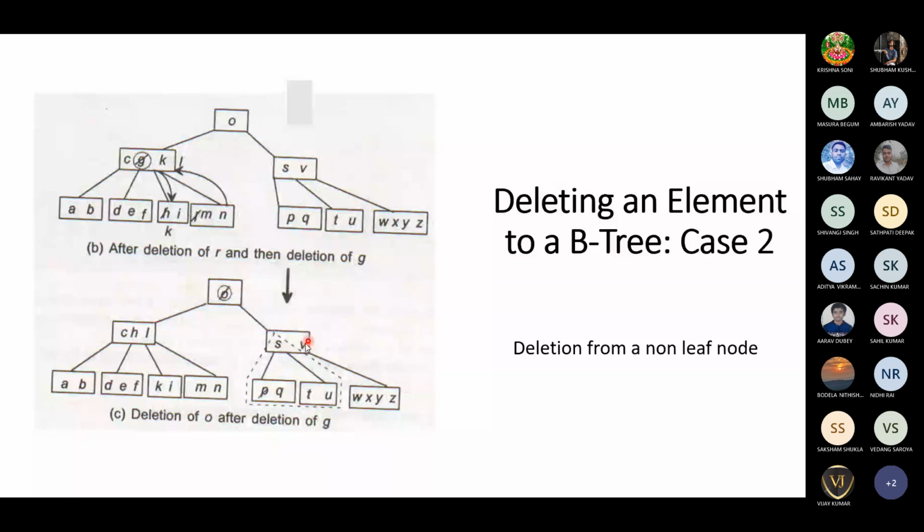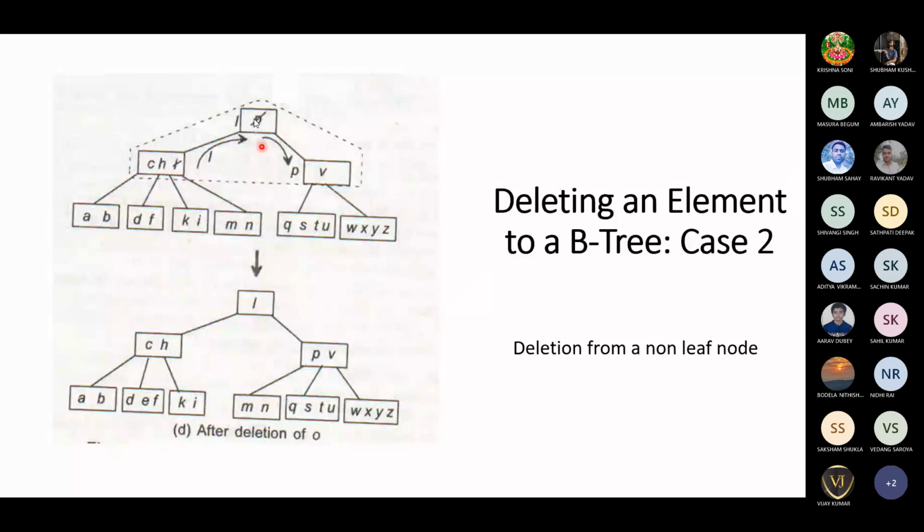When you are clubbing it, V has only one node. Again, this is creating some imbalance. So L you will push to the root node. When L is moving to the root node, this MN will be linked to the left subtree of the right node. The left link of the right subtree. Okay. So L will go to the root, P will be pushed down, and P's left will become MN. So this will be your balanced B tree.